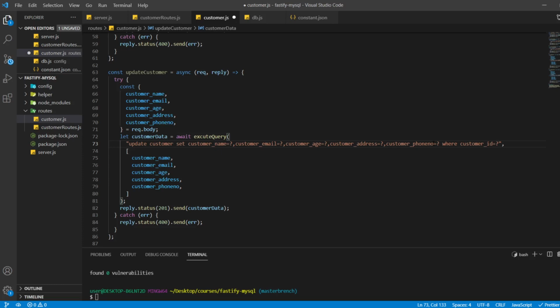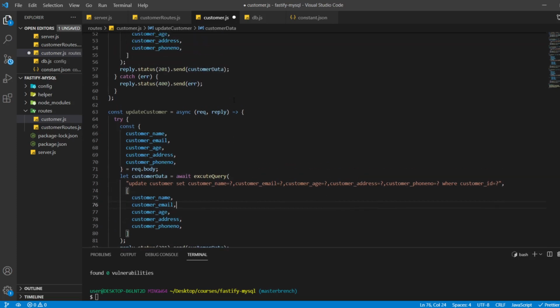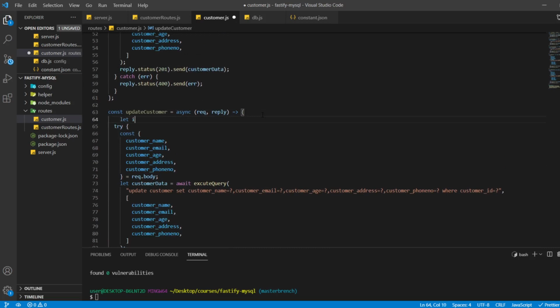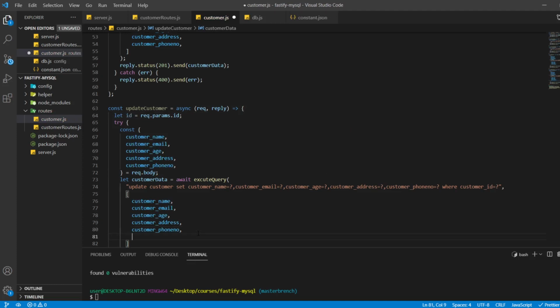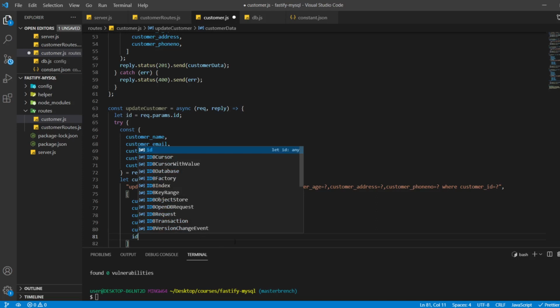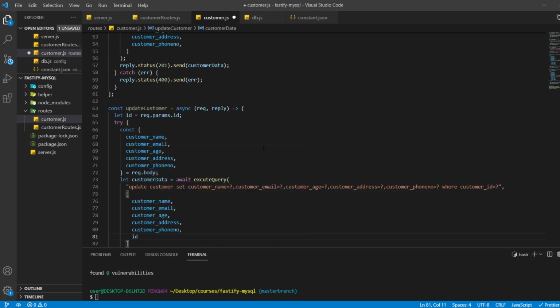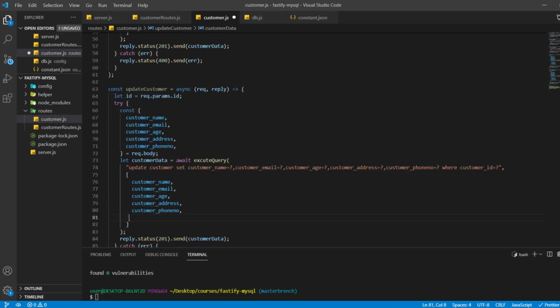Okay, we have to also get the id. Let id equal to request dot params dot id here and we'll pass that id here. Or we can also do one thing here, not passing id here.